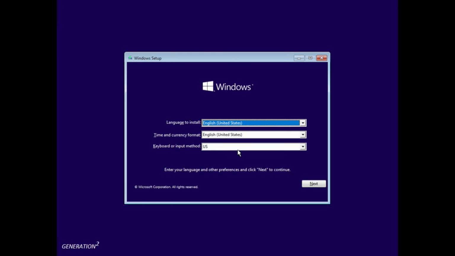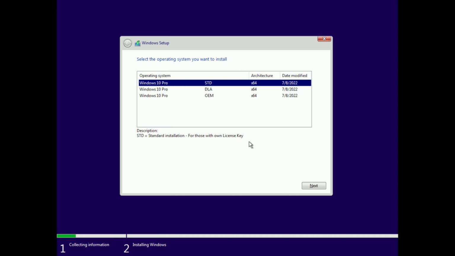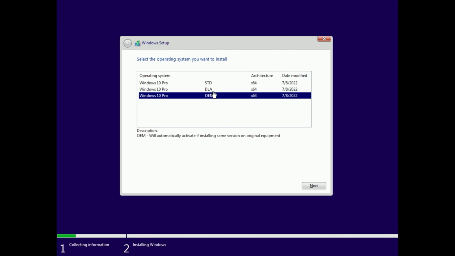So yeah, got this going. Good job, install now. And yeah, we'll just let her go. I hopefully it doesn't pop up as the okay. So yeah, for those with their own license key, we want to make sure we choose that one because we don't. These ones are like